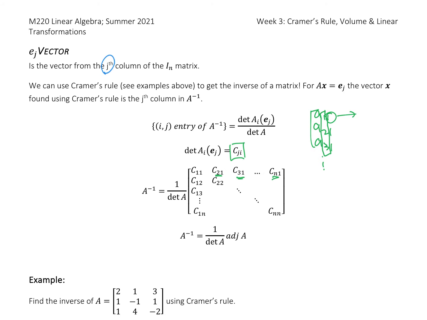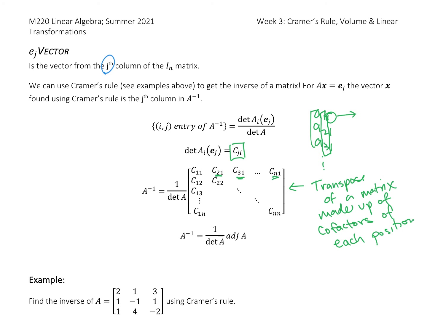So it turns out this thing here is the transpose of a matrix made up of the cofactors of each position. And this has a special name. We call this the adjoint